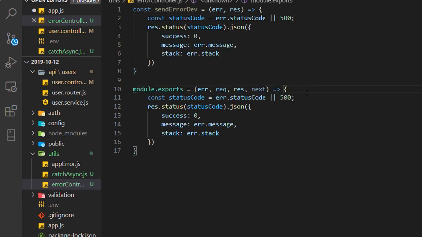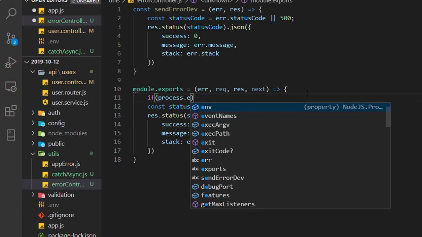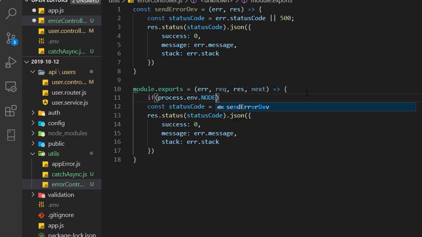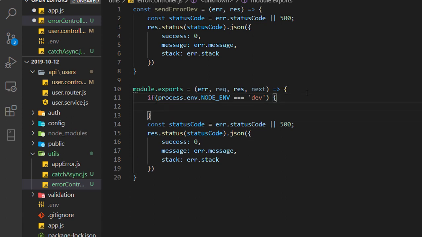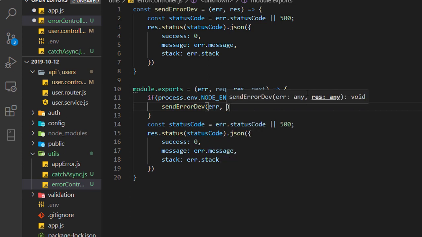So now I need an if condition here: if process.env.NODE_ENV is dev, then call sendErrorDev and pass error, comma, response.